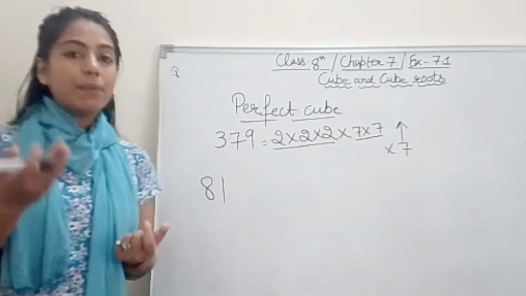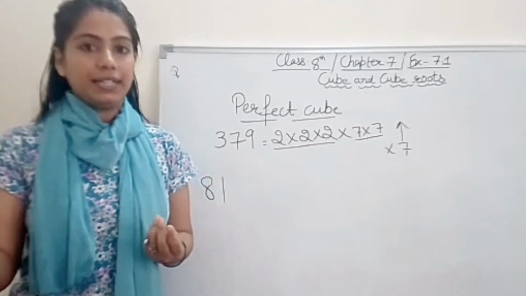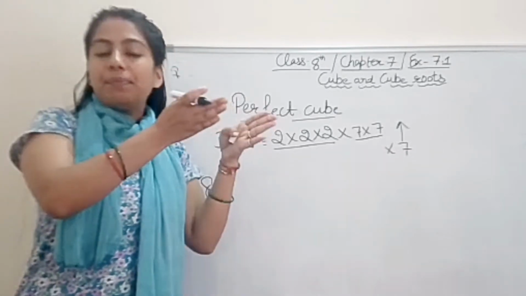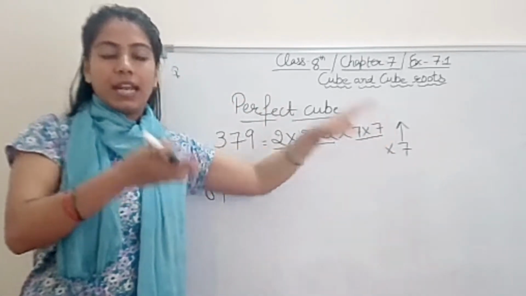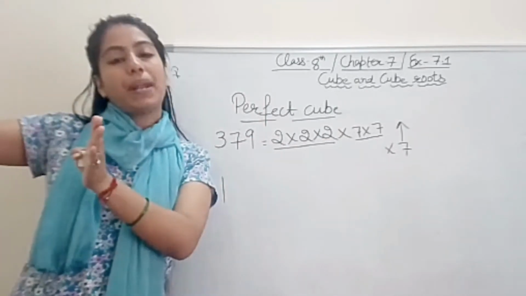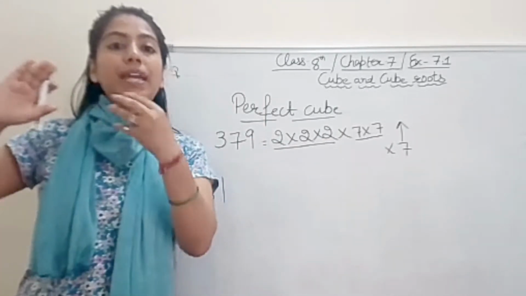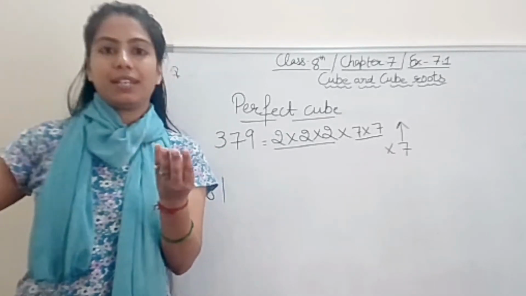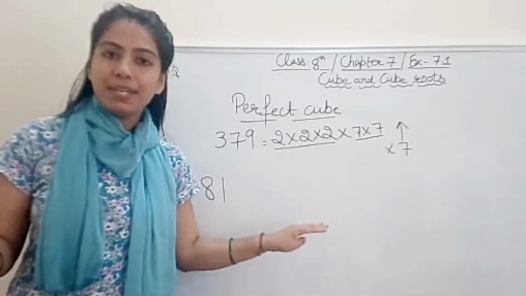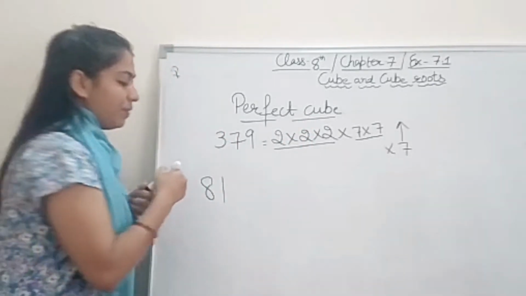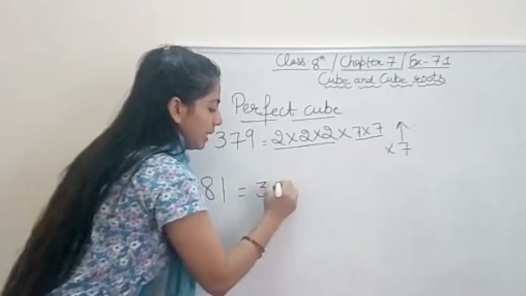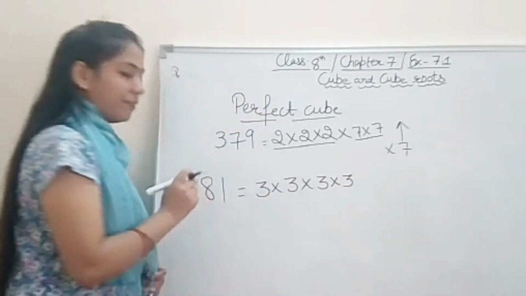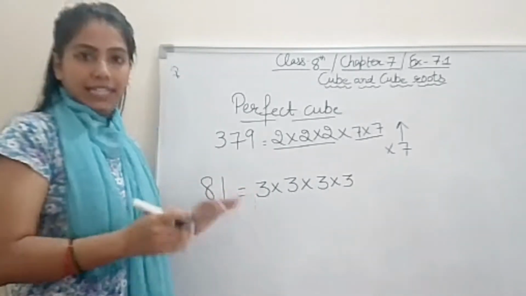Okay, I said what we need to divide. Now divide, you know student, what we need to add means we will multiply something, and when we say divide, then obviously we will subtract those numbers. Whatever extra numbers there are, we will minus them, means remove them. That's it. The method is the same. Suppose 81, your 81 prime factors are 3 into 3 into 3 into 3. These are the prime factors that came for 81.